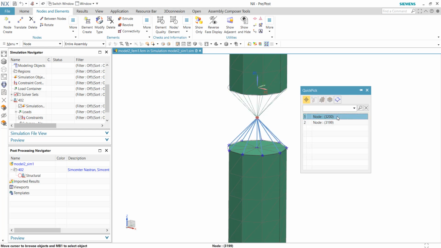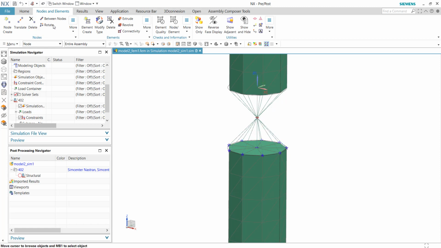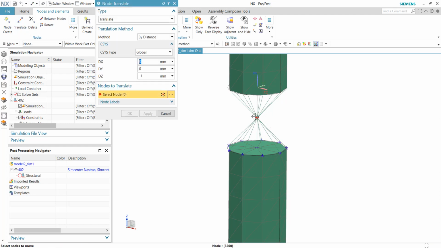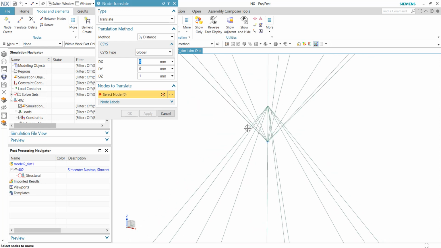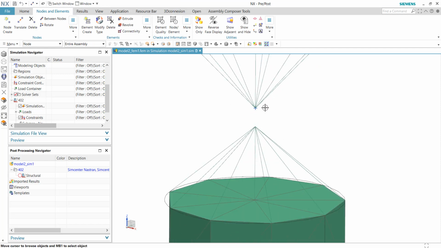Now let's create the CJoint. Let's create some gap in between. For that, let's use the translate. We just quickly translate one of the nodes and bring it in the positive Z direction in order to create a gap. So let's create apply. Oh, sorry. So this is overlapping. Then I'll quickly select the same node and let it go in the opposite direction as such. So now that it has a 1 millimeter gap, let's create the